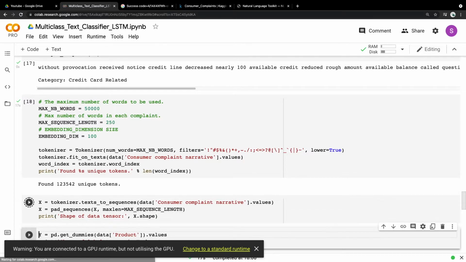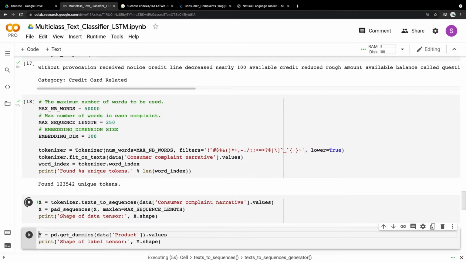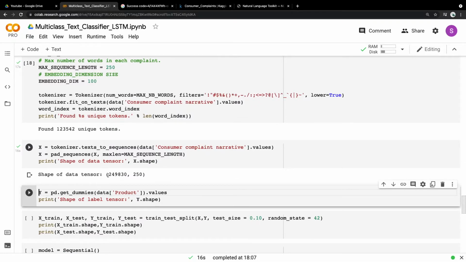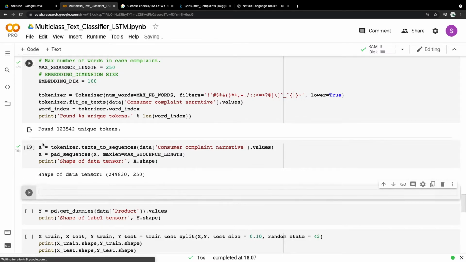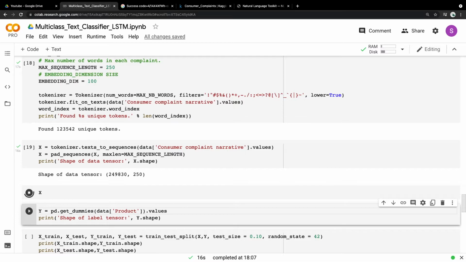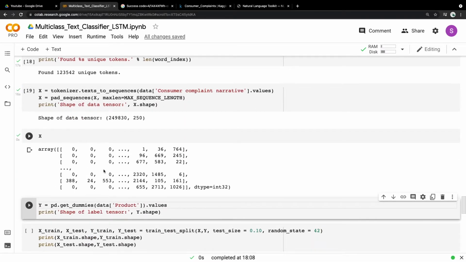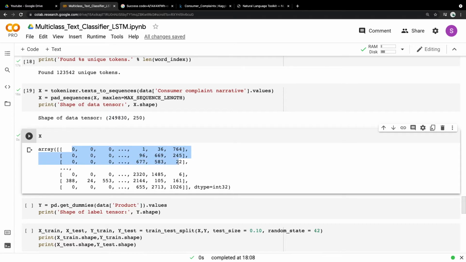After that, if we see the shape of the data, we get 2,49,830 records, each of this length. If we print the X itself, you see that the consumer complaint narrative has been converted to an array of length 250, and each and every complaint is represented by this length.